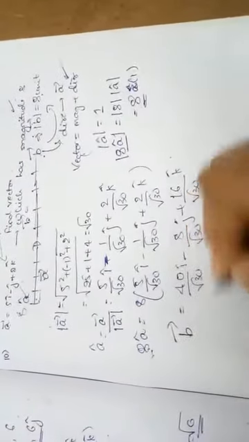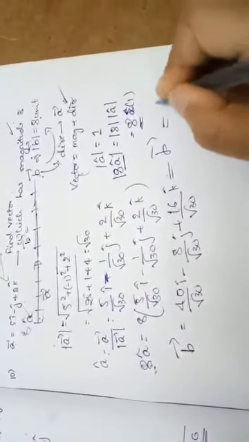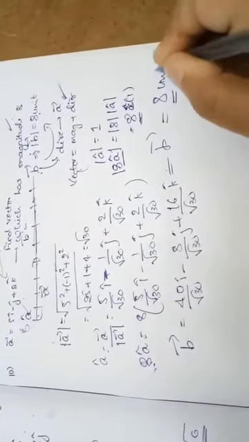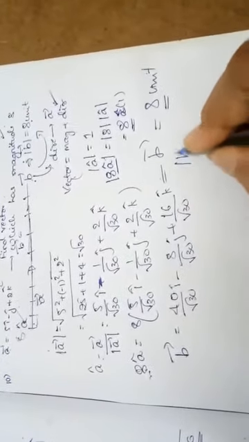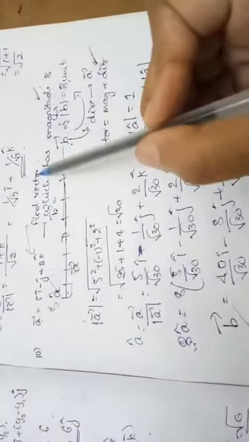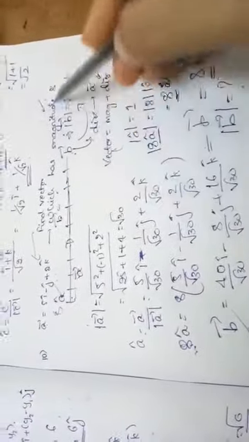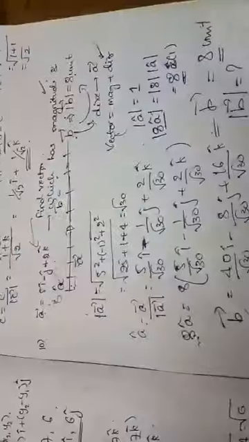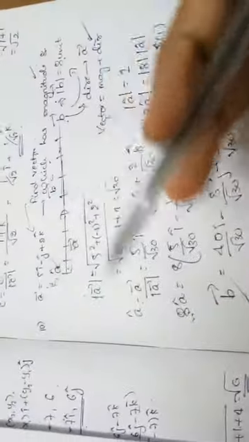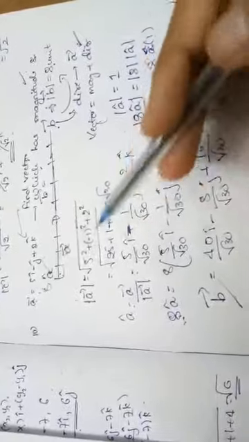So the vector I got, if you find the magnitude of this vector b, the magnitude of that vector b will be 8 units. You can examine by finding the magnitude of vector b yourself. So this is how we are finding a vector which is having the magnitude of 8 in the same direction of a given vector. Suppose if you didn't get how to solve this question, please go back to the solving of this section, clearly understand what I am saying repeatedly, then you will get to know how we are going to solve this problem.